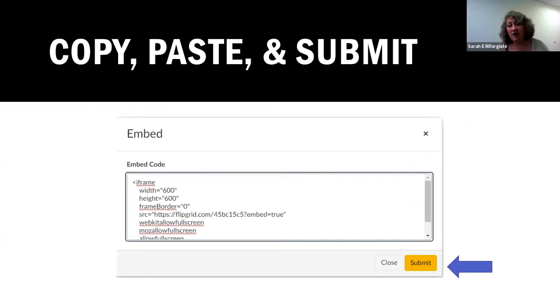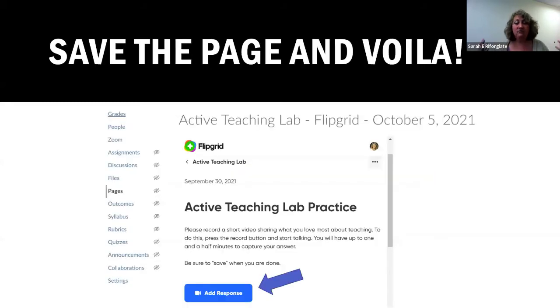Now, I have no idea what any of the text means, but I know that it works. And then I hit submit. So that's all you need to do. You click on the kebab, you click on the little cloud, and then you copy that into the embed code and you click submit. And then I save the page, and voila,